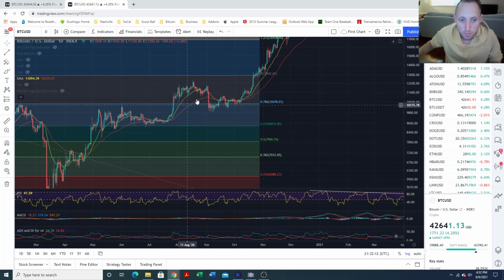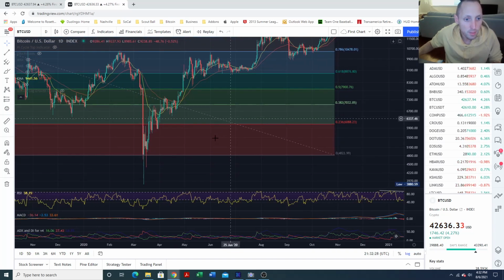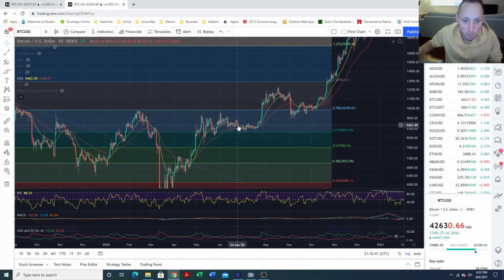It did test it. It did technically go under, but that's not so much. It kind of came here and bounced. This is September of 2020 through about the beginning of October of 2020. But the first very big cross was probably right here, which was April of 2020. Pretty much since then, it's come up, tested, come up, tested again. Again, it has gone under, but it didn't really. This is more of a test.